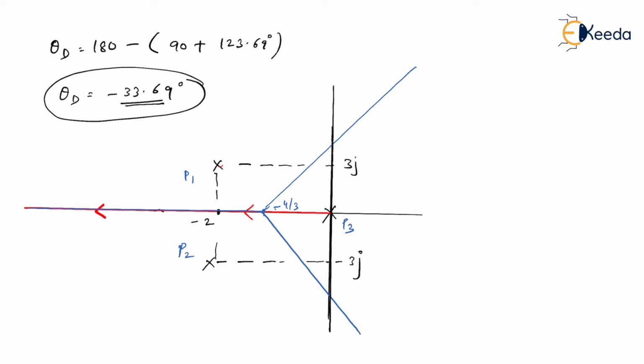With respect to pole 1, when you have to get an angle of minus 33.69 degree, it means that angle will come over here because it is a negative angle, isn't it? Now once you know the angle for pole 1, similar angle will come for pole 2, which will be positive 33.69, because you know the fact that it will always follow the symmetry with respect to real axis. So whatever happens above real axis, same thing will happen below the real axis only.